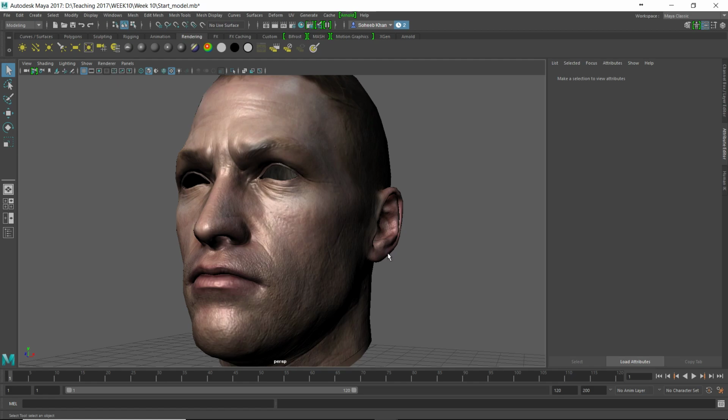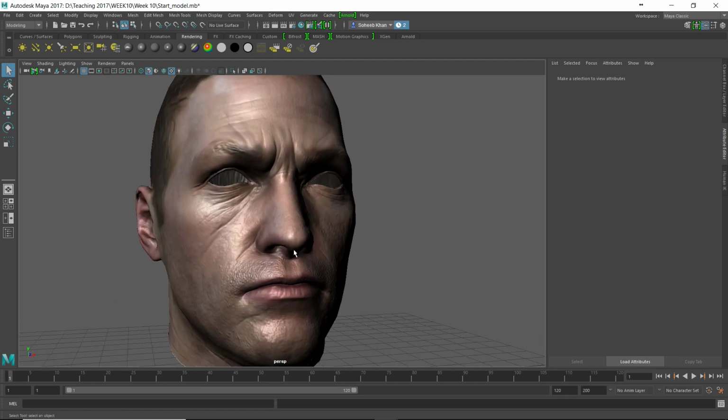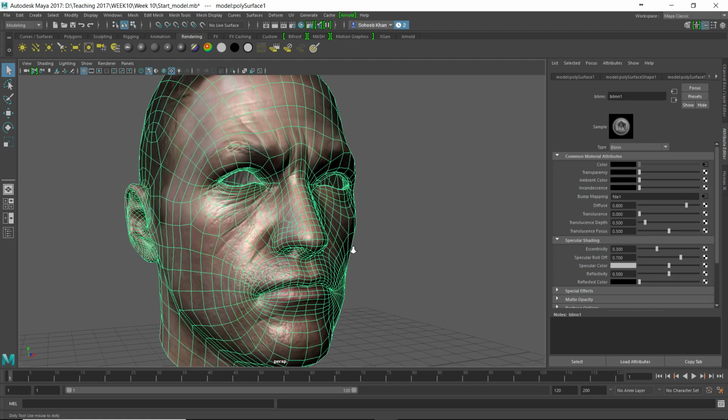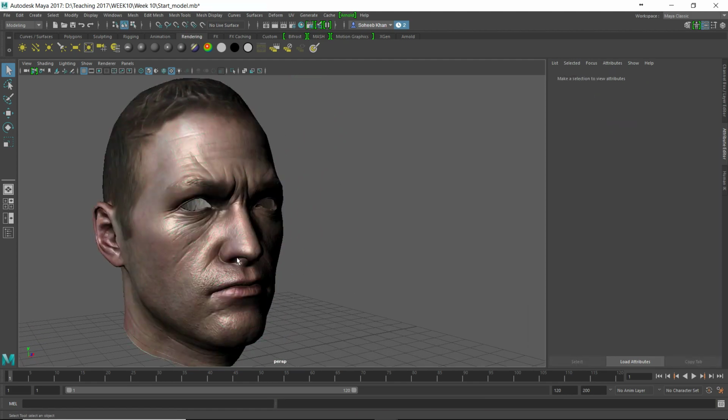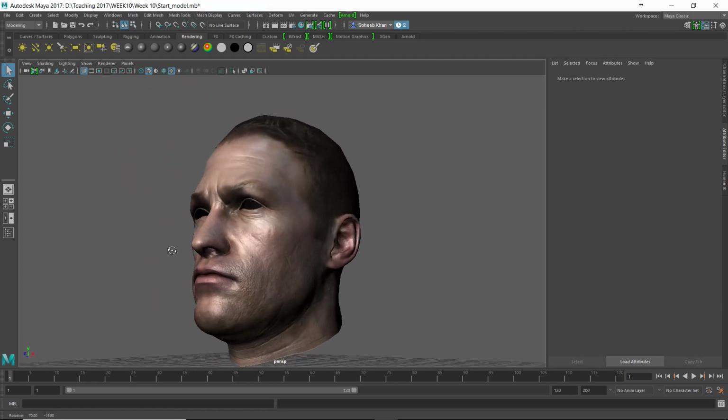Of course, keep your high res models, you can do really good renders with them as well, make sure you do, but this is how to kind of bridge the gap between the two models. So you can